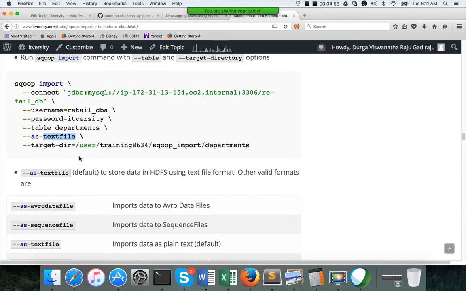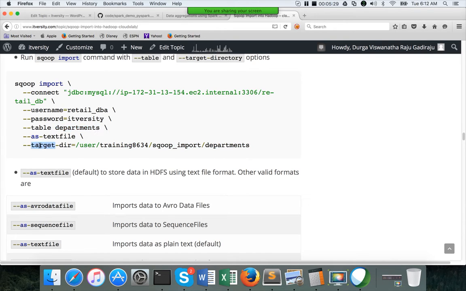And then target directory is the location to which data will be loaded. So here if you say warehouse directory and if you give this path, it will create a subdirectory called departments, whatever is the table name. So the actual data will be under user training 8634 sqoop import departments if you use warehouse directory, because whatever path you specify here, it will create a subdirectory with the table name and then load the data.